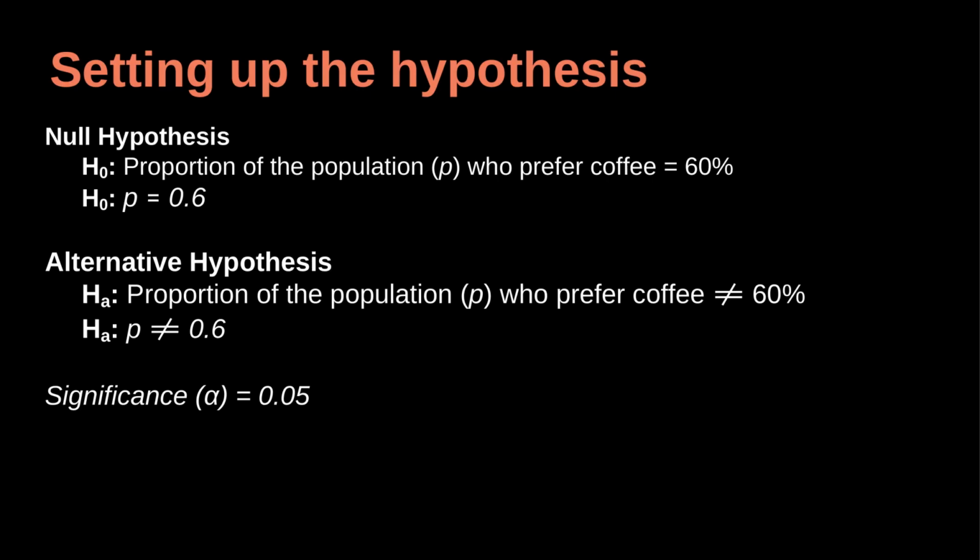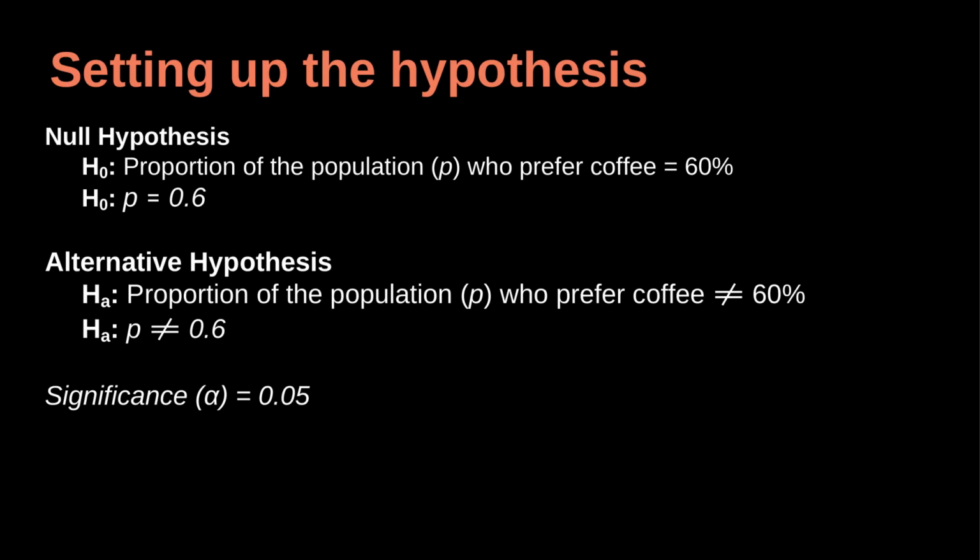Our null hypothesis, H0, states that the proportion of the population who prefer coffee is exactly 60%, or P equals 0.6. The alternative hypothesis, HA, challenges that, suggesting that the true proportion is not equal to 60%, meaning it could be higher or lower. This is a two-tailed test because we're interested in detecting any difference from 60%, not just an increase or decrease. We have set our significance level alpha to 0.05, which means we're allowing a 5% chance of rejecting the null hypothesis